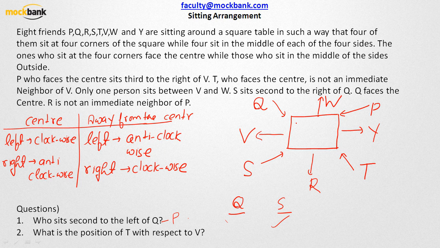Right. So P, oh, they are talking about T, not P. This is V and then T. Since we are moving in the anti-clockwise direction, this is left. So we can say that T is third to the left of